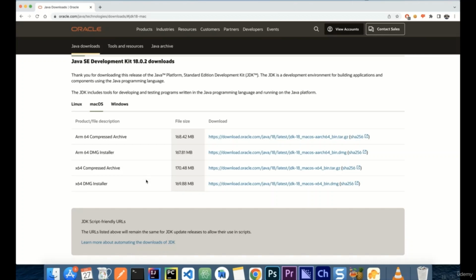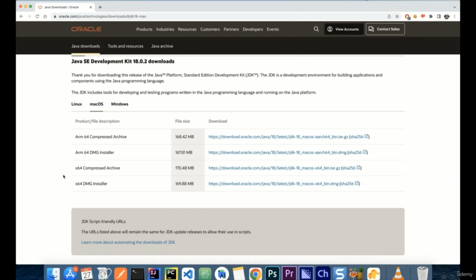The second one that we're going to need is this IDE. An IDE is basically an integrated development environment. Okay, so the one we're going to use for Kotlin development is IntelliJ IDEA. The reason why we're using IntelliJ is because it is very similar to Android Studio, and in fact, Android Studio IDE is based on IntelliJ. Okay, so we're going to use both because they are very similar, so we get used to them.